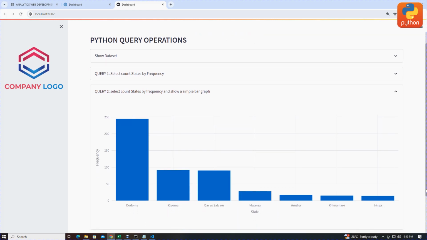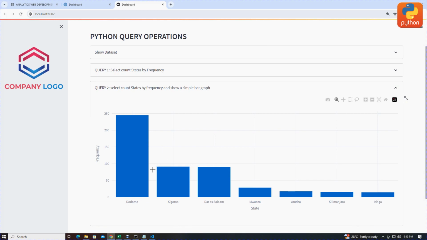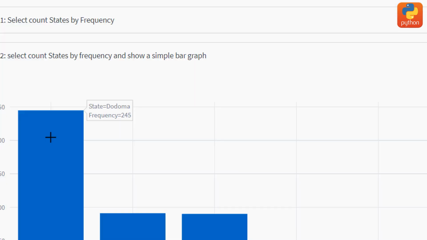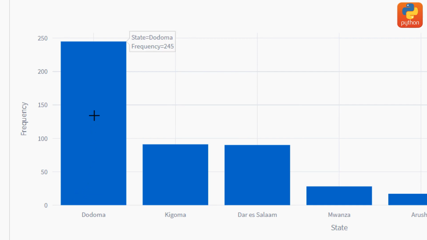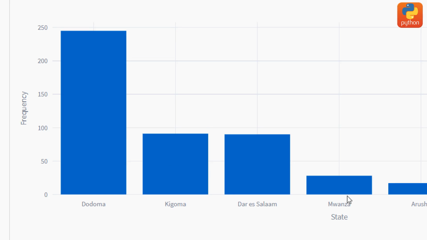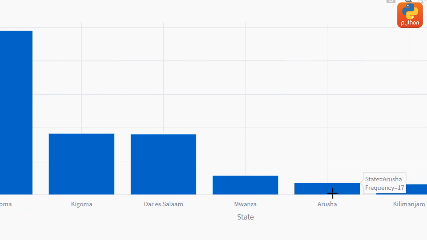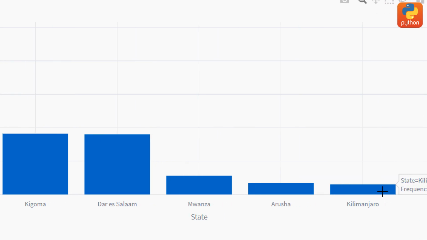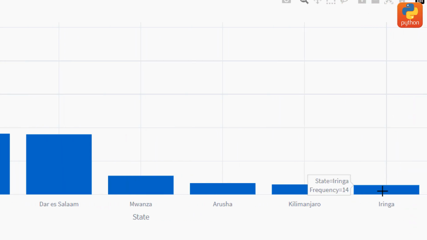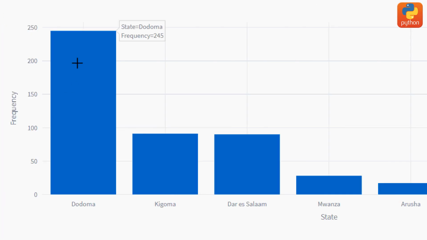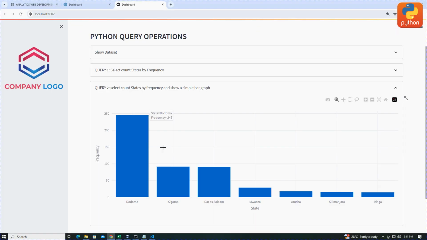So now here's the states by frequency. Okay, so for example now Dodoma, as you see in that pop-up, frequency is 245. Kigoma frequency is 91. Okay, Dar es Salaam frequency is 90. Mwanza 28. Arusha is 17. So this is the minimal frequency, 14, and the maximum is here, which is the highest bar. Okay,